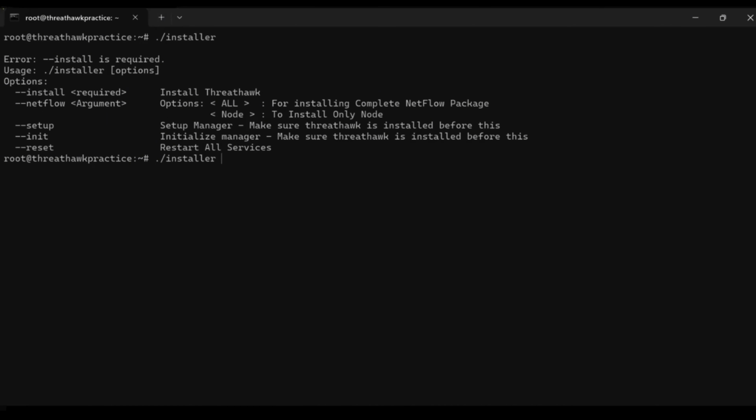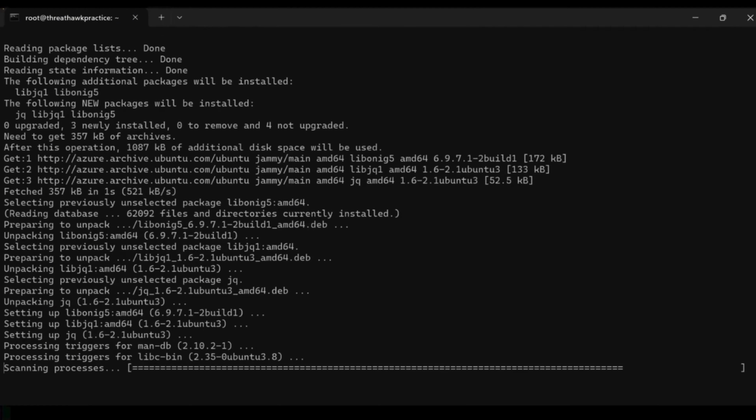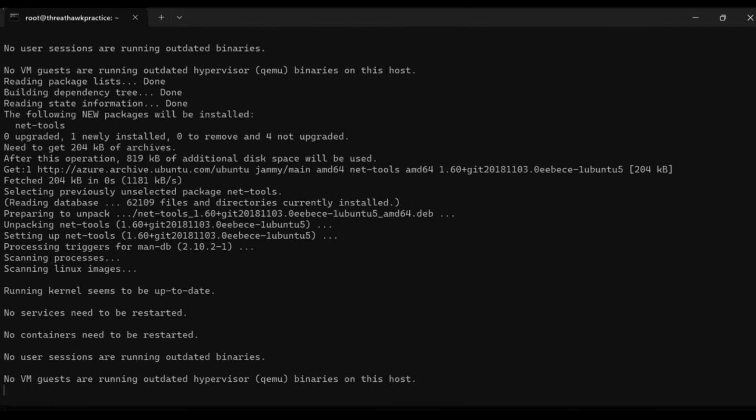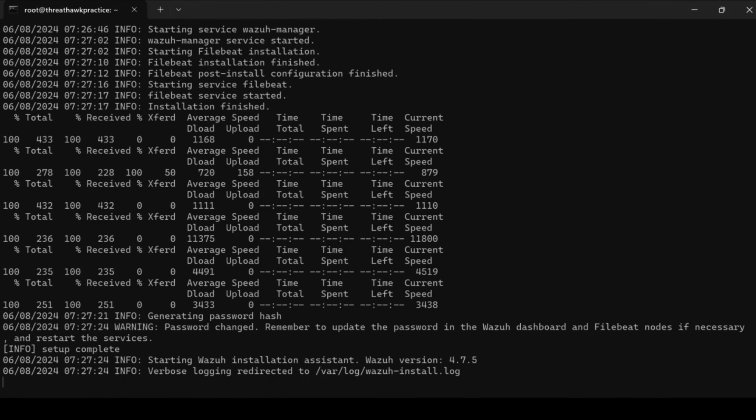Now, our first step is to install ThreatHawk. To do this, we will run the command installer --install. Press enter, and the installation process will begin. It will download all necessary services from the server, and the deployment will be